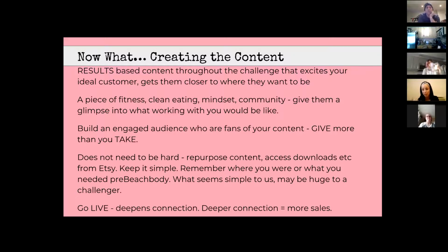And I talk about those things that I want them to see. So one day I'll talk about fitness and how I save an hour and a half every single day by working out at home. One day I'll talk about meal prepping and how meal planning literally saves me money and time and energy. And then one day I'll talk about mindset. I might share some personal development that I'm doing.